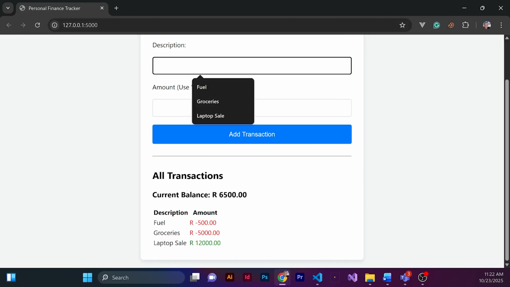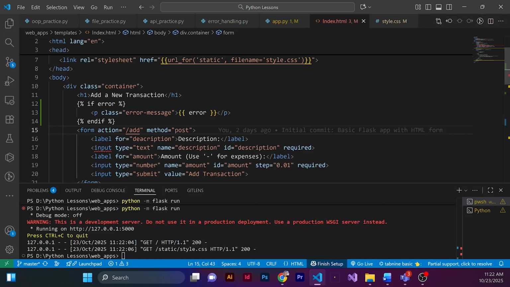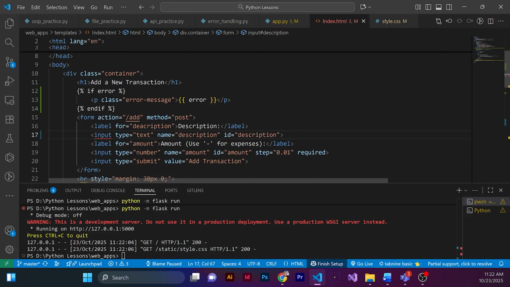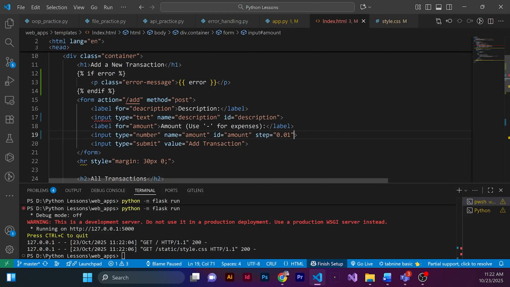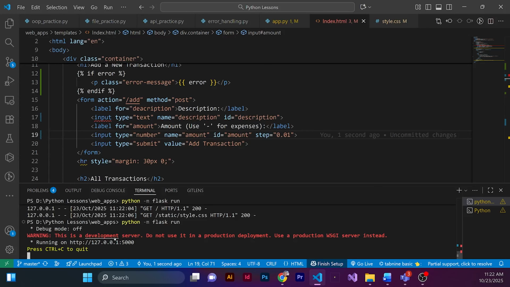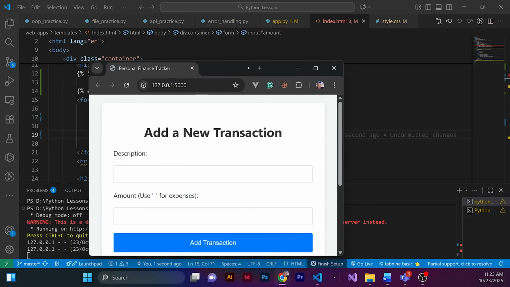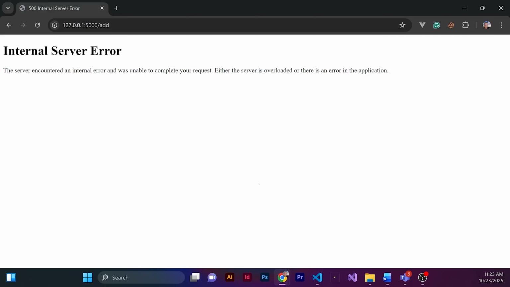Okay, so in order for us to actually see it work, I think what we need to do is to remove the required on the index. So we need to remove this required here, because now our back end is going to handle that, not the HTML. Right, so we can go ahead and run this once more. And then if I click there,